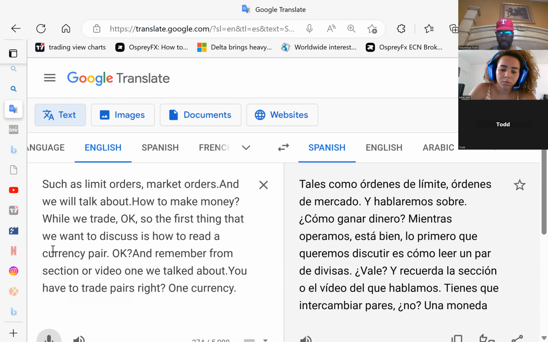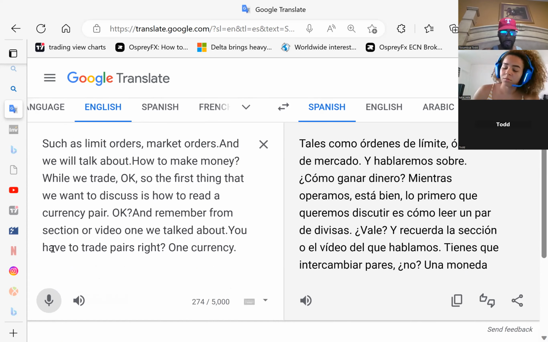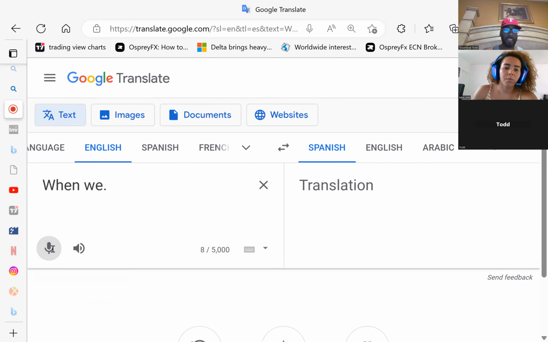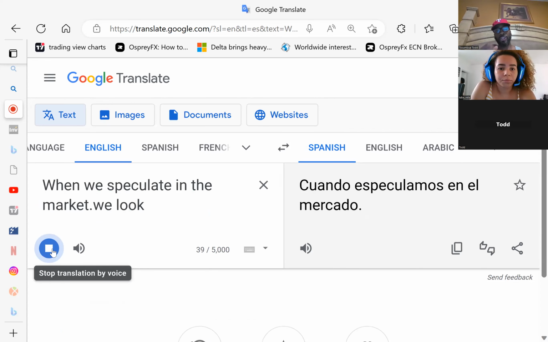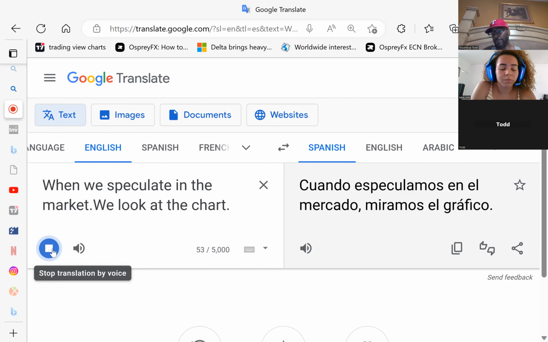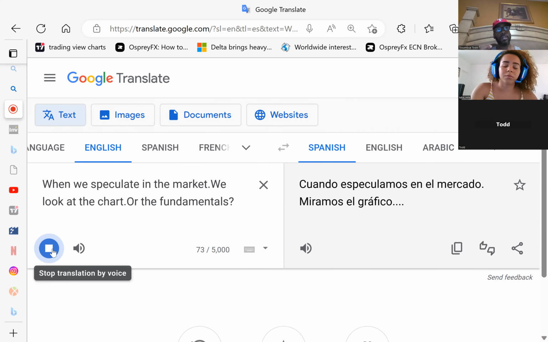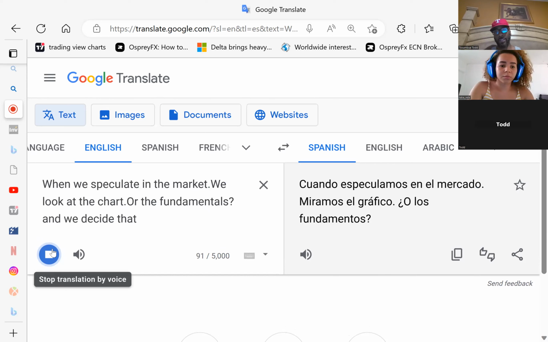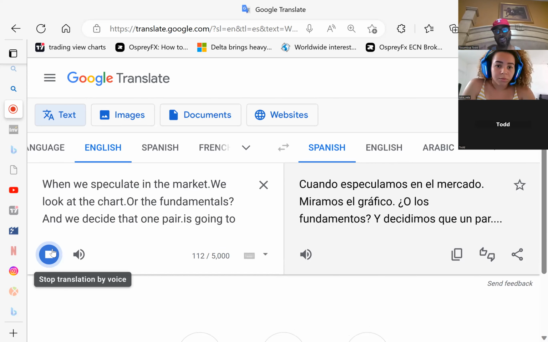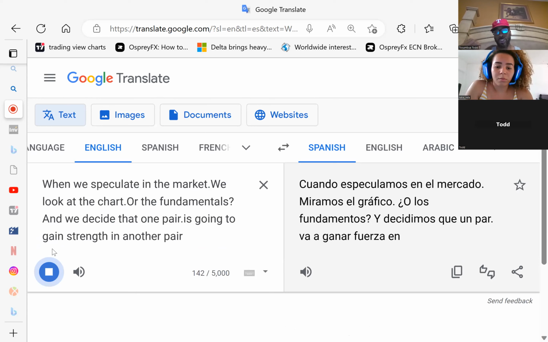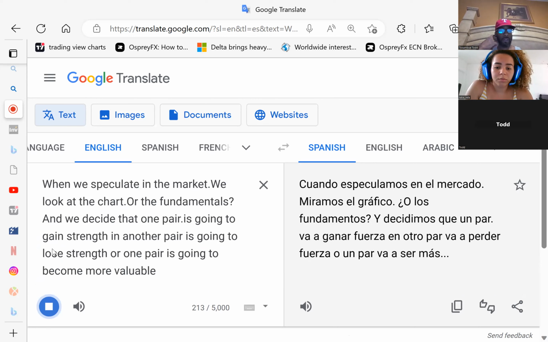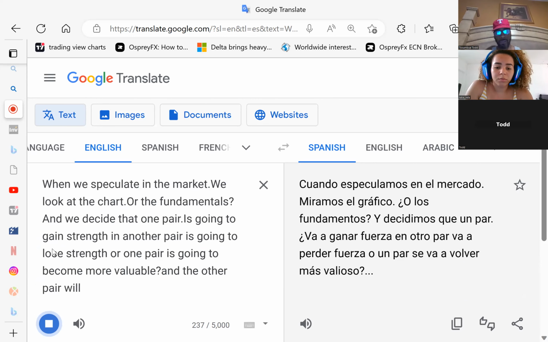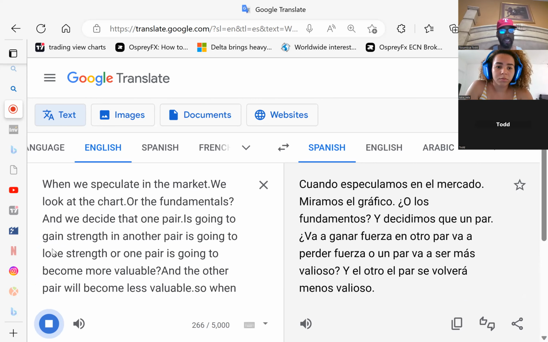And you have to understand that as traders, when we speculate in the market, we look at the chart or the fundamentals and we decide that one pair is going to gain strength and another pair is going to lose strength, or one pair is going to become more valuable and the other pair will become less valuable. So when you look at a currency pair,